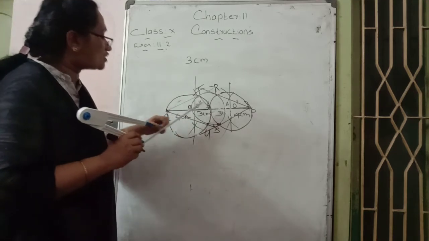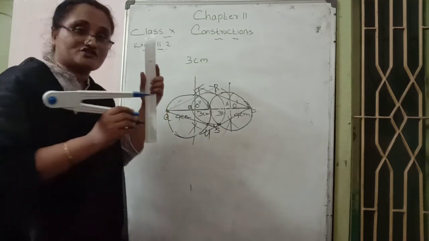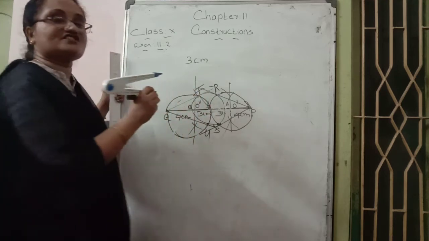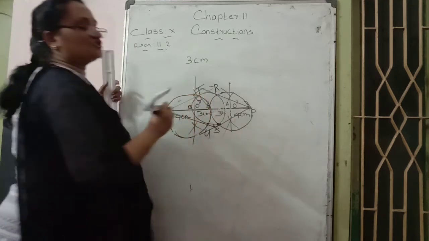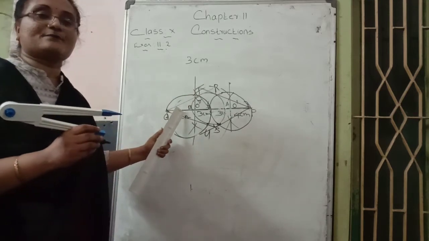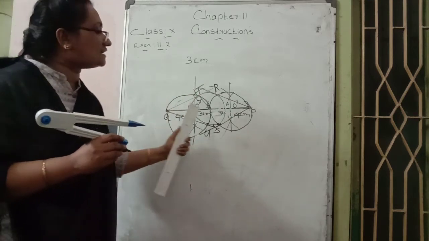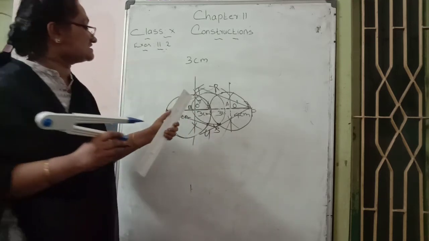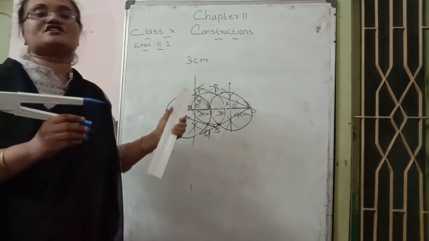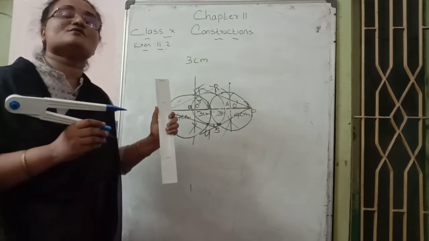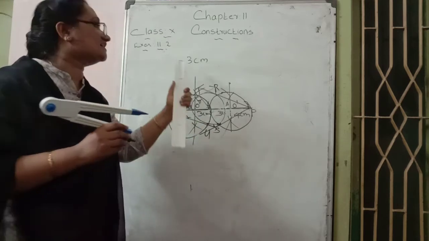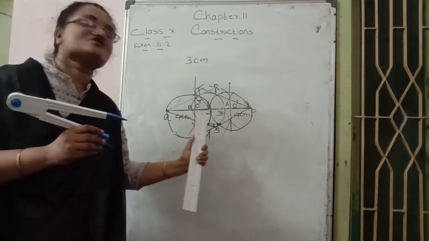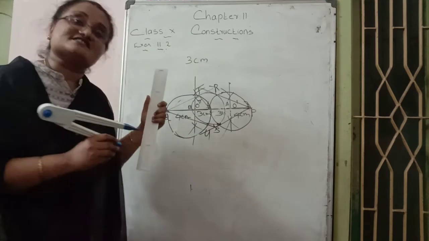There we apply the circle rule. When we draw a radius to the tangent, how many degrees do they make? 90 degrees. The side opposite the 90 degrees is the hypotenuse. So which is the hypotenuse? OQ is the hypotenuse, TQ is the base and OT is the altitude. OT is equal to the radius of the first circle, measurement 3. And OQ is the hypotenuse, equal to 4 plus 3, 7 centimeter.